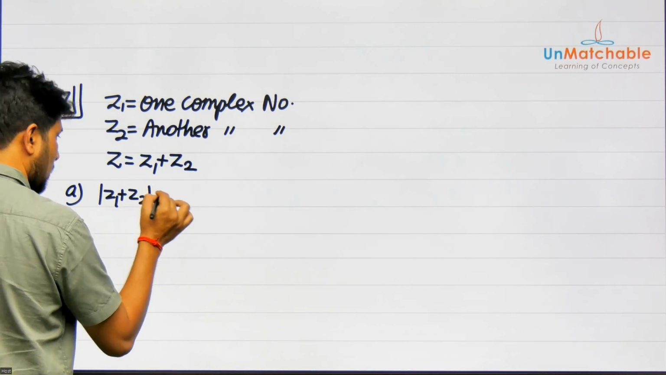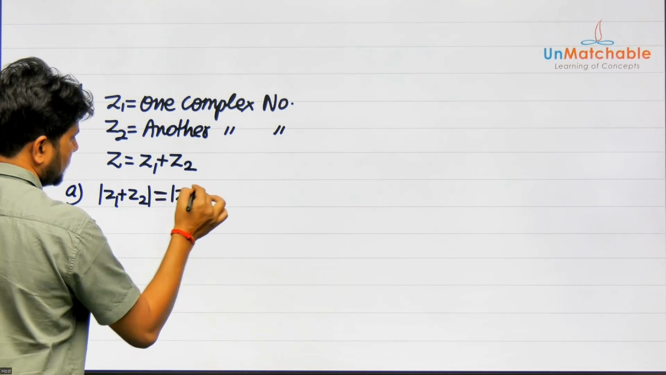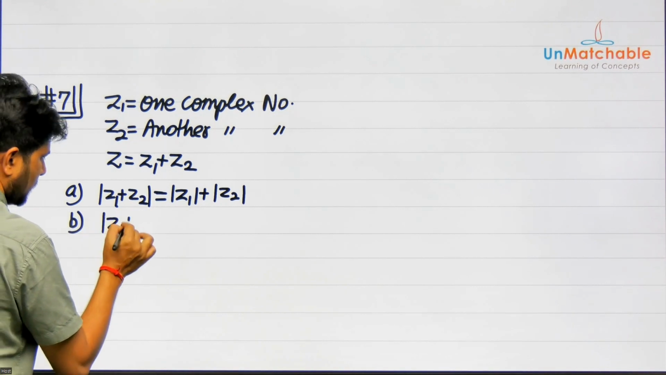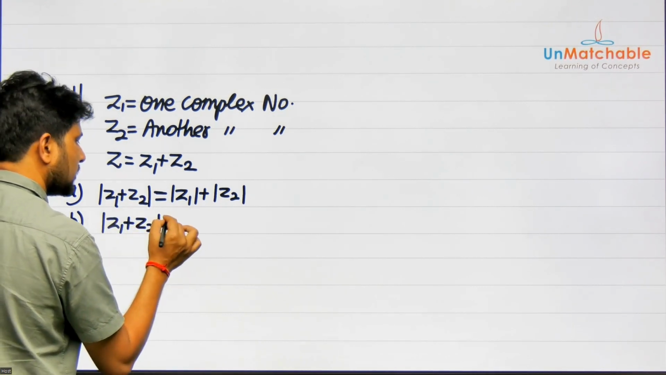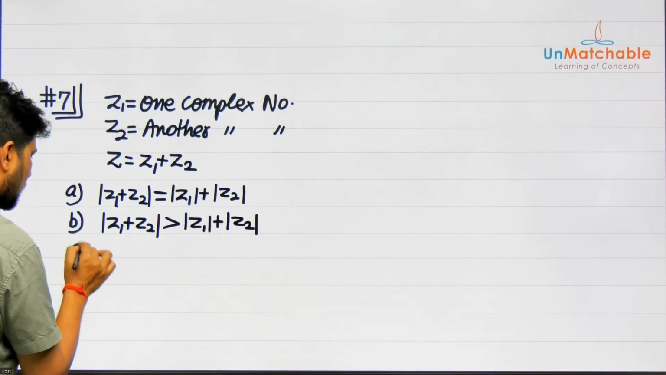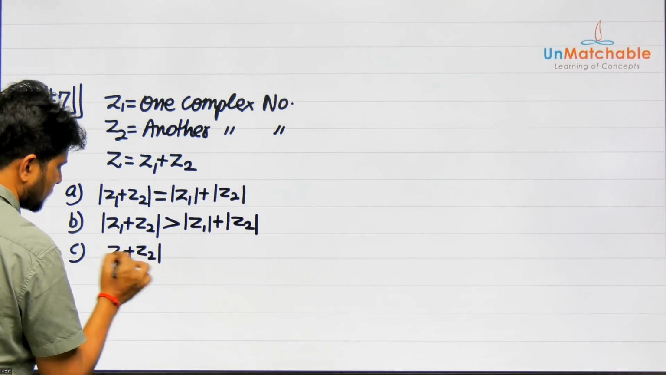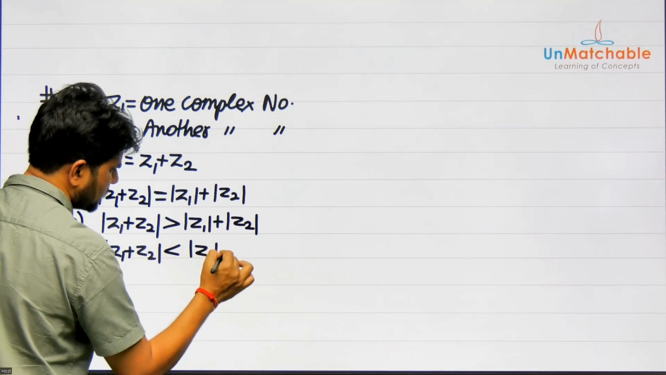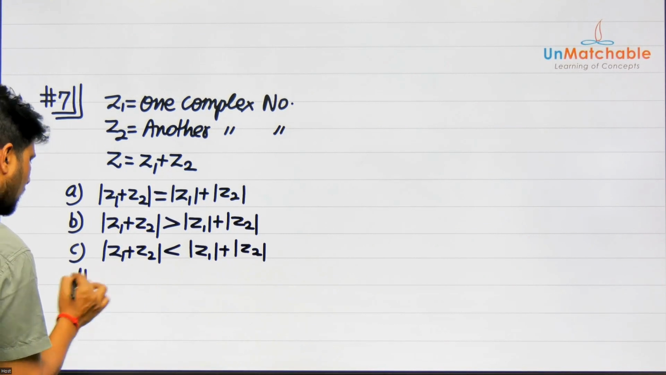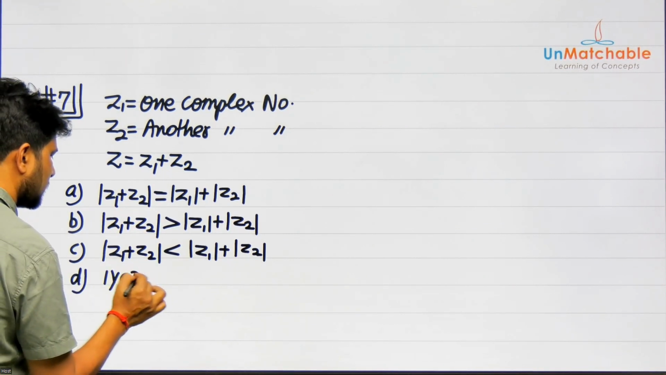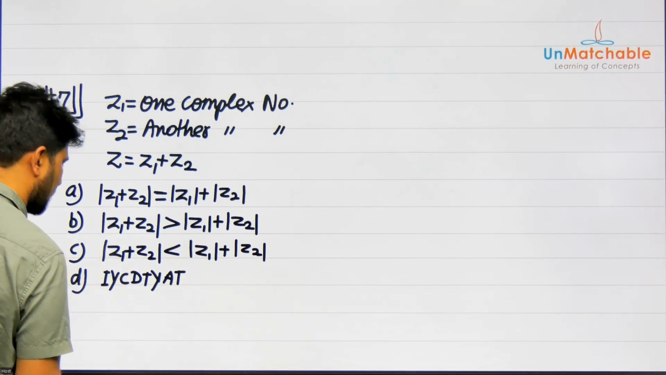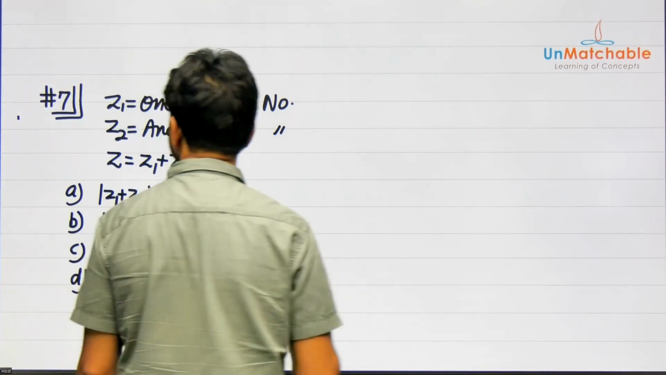z1 plus z2 का मॉड्यूलस z1 के मॉड्यूलस और z2 के मॉड्यूलस के सम के इक्वल होगा, या फिर z1 और z2 के सम का मॉड्यूलस z1 के मॉड्यूलस और z2 के मॉड्यूलस के इंडिविजुअल सम से ग्रेटर होगा, या फिर z1 और z2 के सम का मॉड्यूलस z1 के मॉड्यूलस और z2 के मॉड्यूलस के सम से कम होगा, या फिर अगर आप D क्लिक करते हैं तो आप वो हैं।